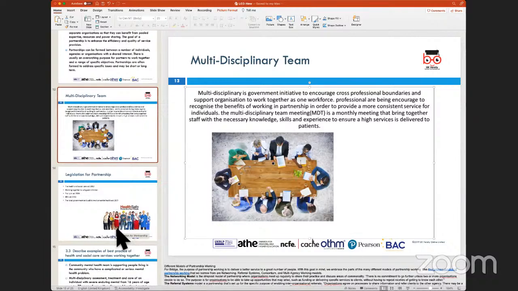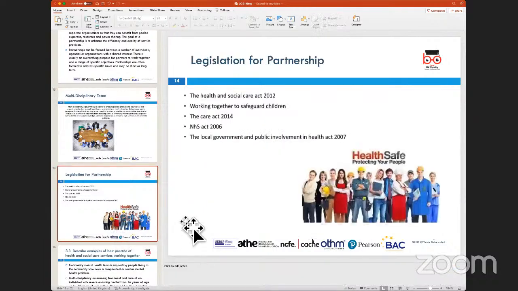And when we look at some of the legislation which works on both sides, one is the Health and Social Care Act of 2012, the Safeguarding Act, the CARE Act, and the NHS Act. These 3 or 4 different acts that we've studied in Learning Outcome 2 show the joint working of healthcare and social care services under the banner of health and social care, or the Department of Health essentially, in providing these services to members of the public.